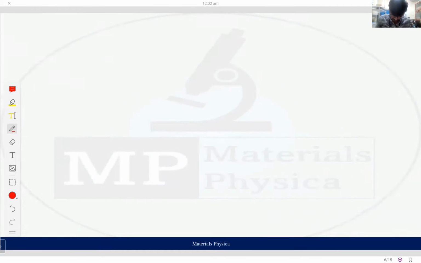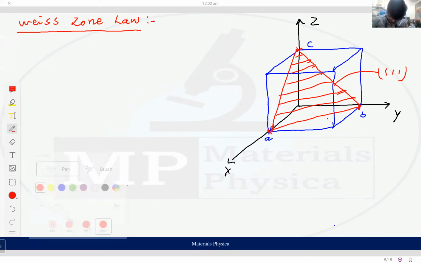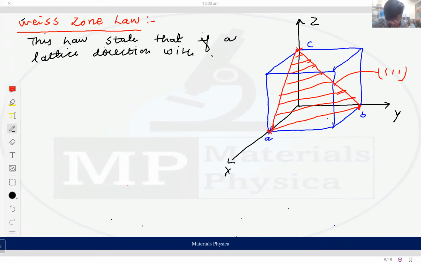What is the Weiss zone law? The Weiss zone law states that if a lattice direction with Miller indices UVW